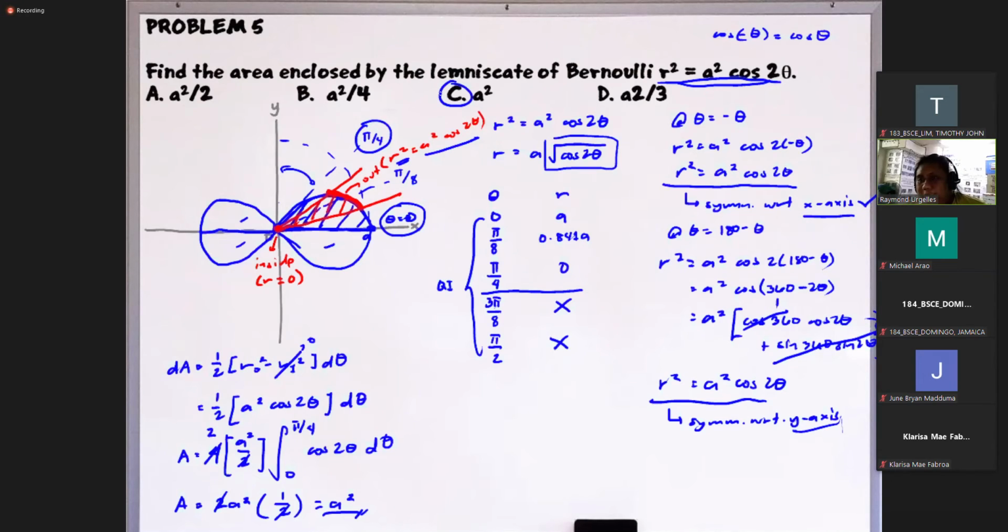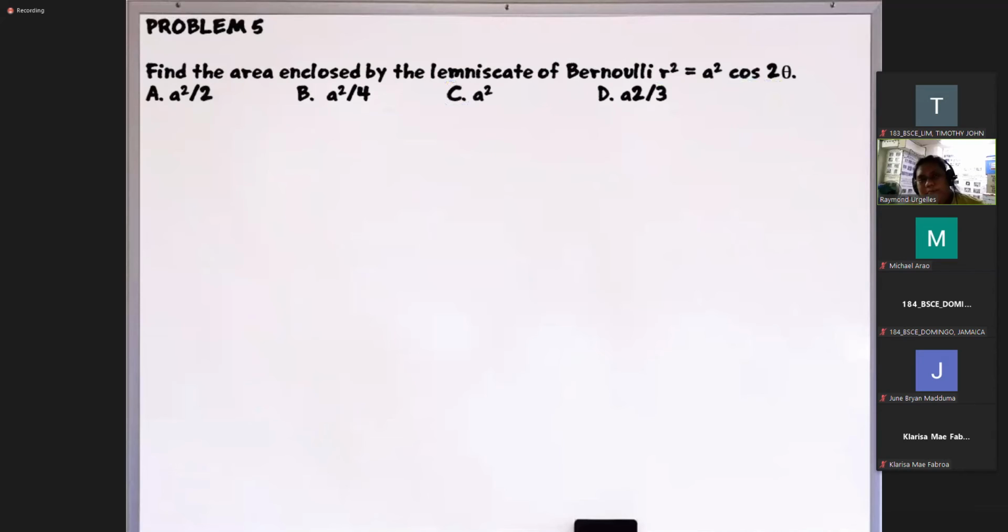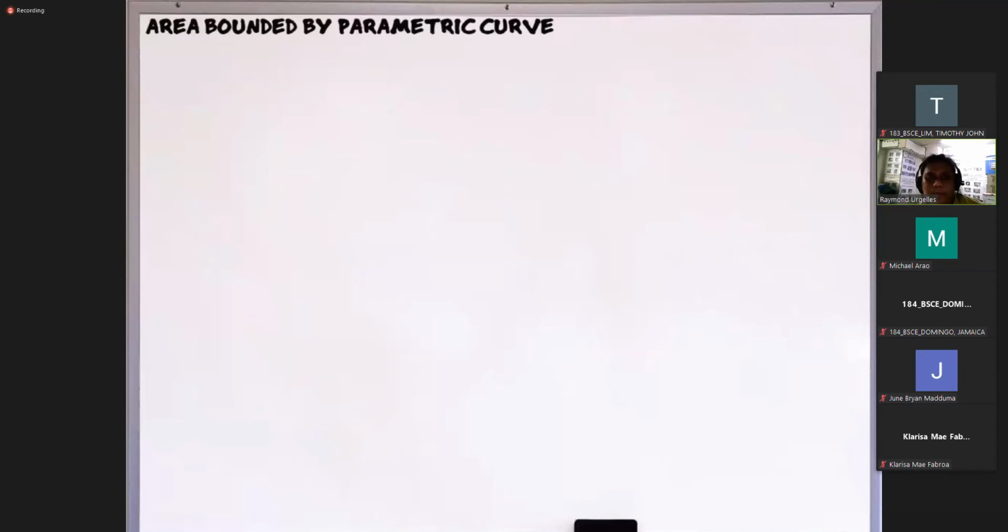So again, yun yung sa polar curve. No? So again, tandaan nyo lang tong equation na to. Okay? So next. So okay na tayo dito. So we have the area bounded by a parametric curve naman tayo. No? Okay. So ano naman yung gagawin natin pag ang given sa atin is a parametric curve, no? Anong ibig sabihin ng parametric curve? So ibig sabihin niyan gumagamit tayo ng isang parameter para ma-measure natin yung value ng coordinates natin, di ba?